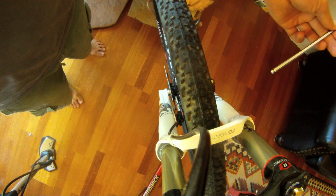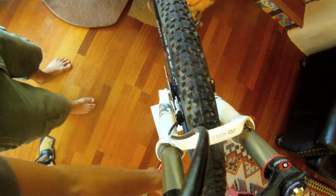Okay, so I know this is a weird angle, but I didn't know how else to explain this method and actually be able to show it. So if you look here, the brake's rubbing, and as you can see in the video, it's rubbing on this side, and I can actually see down through the caliper, and I can see a space on one side. Fortunately, this floor is light colored. Really, the best way to do it is put a piece of paper underneath the caliper, and then because it's so light colored, you can look through it and really see which side the space is on. So because it's rubbing on this side, the space is over on this side, we're going to loosen up the brake,